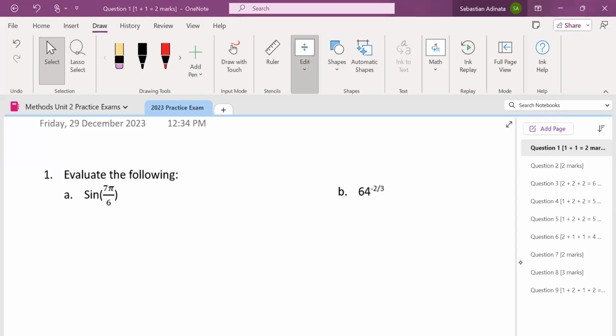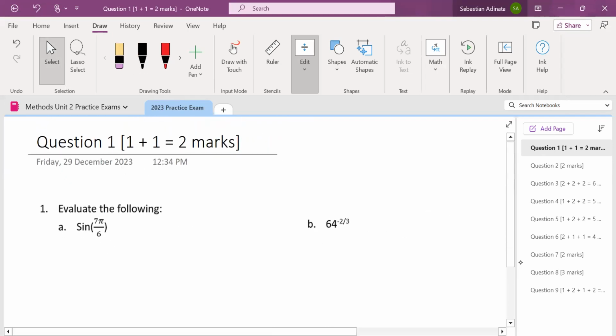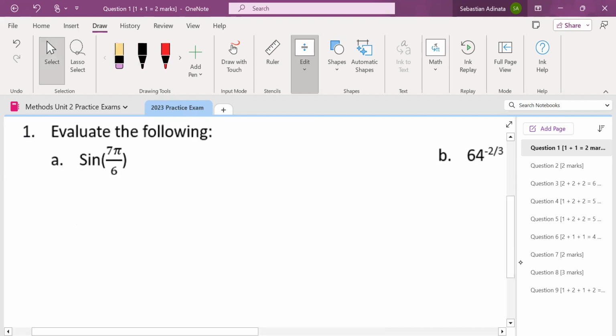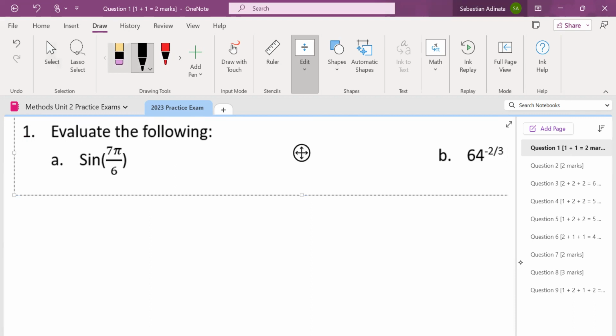Okay, so today we'll be going through Tech 3 of a 2023 Methods Unit 2 practice exam. First we have question 1, split up into 2 parts, both worth 1 mark, so working is not necessarily required, but it definitely helps. So first thing we notice with this is